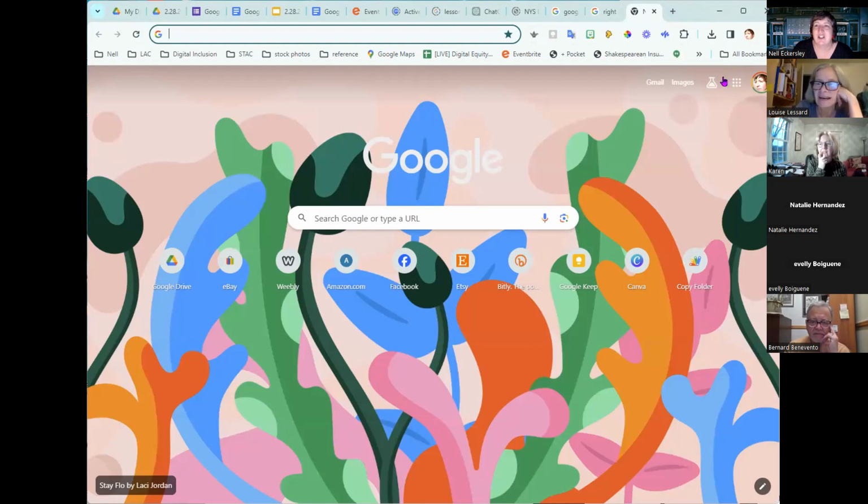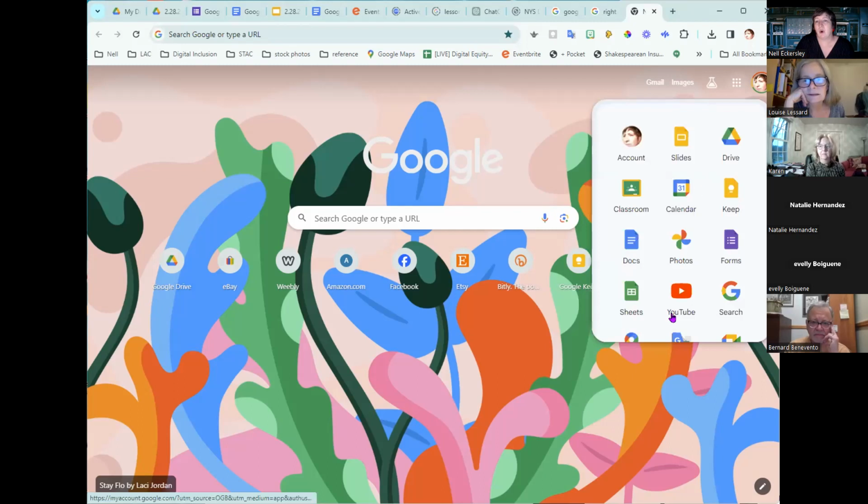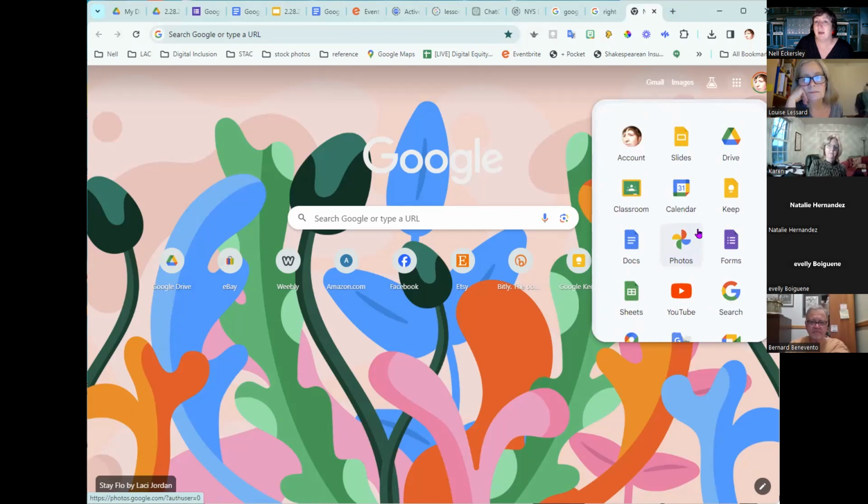So when you see this square with 3 dots by 3 dots, they call it a waffle sometimes. It's also called the app launcher. Sometimes you'll see it, you won't see it all the time. But if you see it, you click on it, it will show you all of those different file types and a lot more. And you can actually organize this so it's organized the way you want it to be. You just drag things around. But this is another way very quickly, right? If I want to just make a doc, I just go there and click there and a doc will open up.